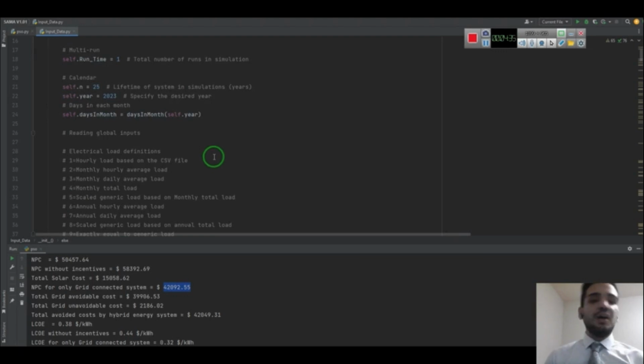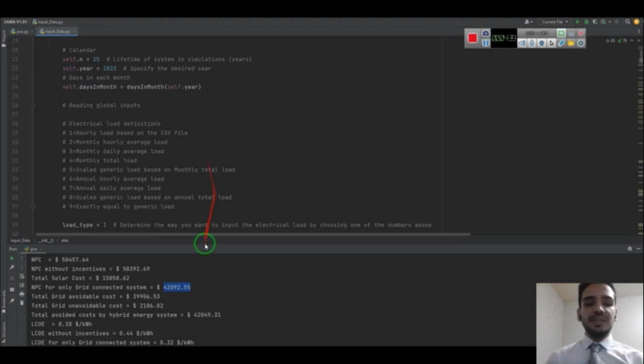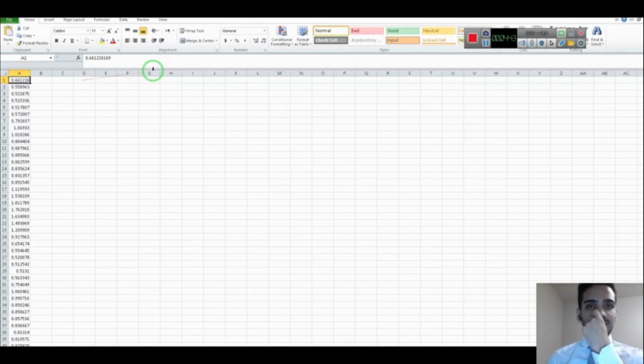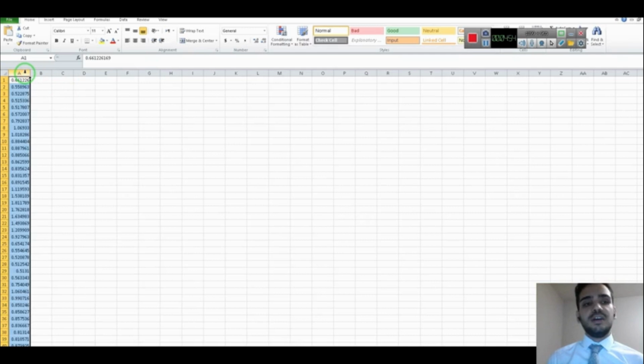If you have access to hourly electrical load, you need to input that hourly electrical load data inside this .csv file in the content folder. So just paste all that hourly data inside the first column. There would be a total of 8,760 values, which represent all the hours across a year.